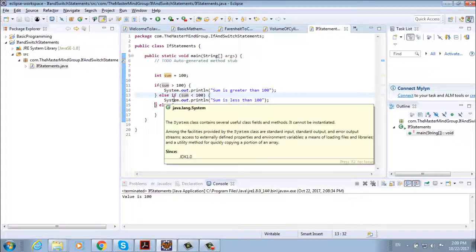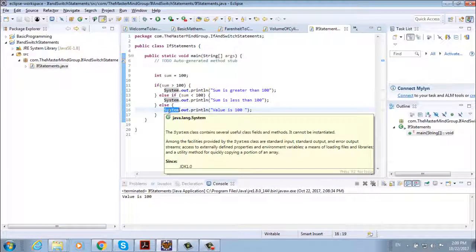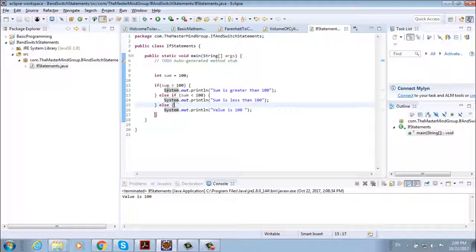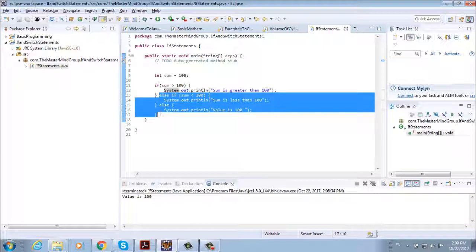And finally, we have our else statement, which is printing "value is 100". If our if and else if are not true, then our else is going to be printed. And if our if statement is true, the rest of the program is going to be skipped, the else and else if. Okay,